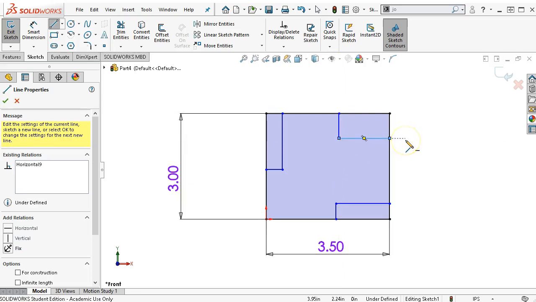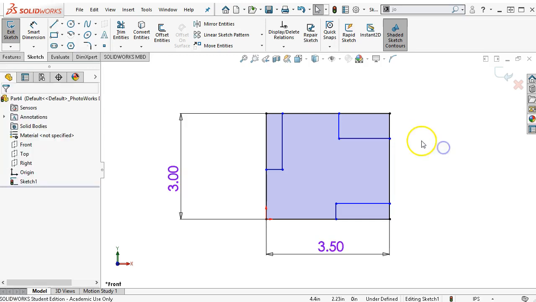Alright, so we draw those corner notches in, and I'm doing the click drag. If you prefer the click click, then it would be click, let go of the left mouse button, click, and then you would be in continuous. You would click again, and then I think it's A that completes the segments. Alright, so 1/2 inch,